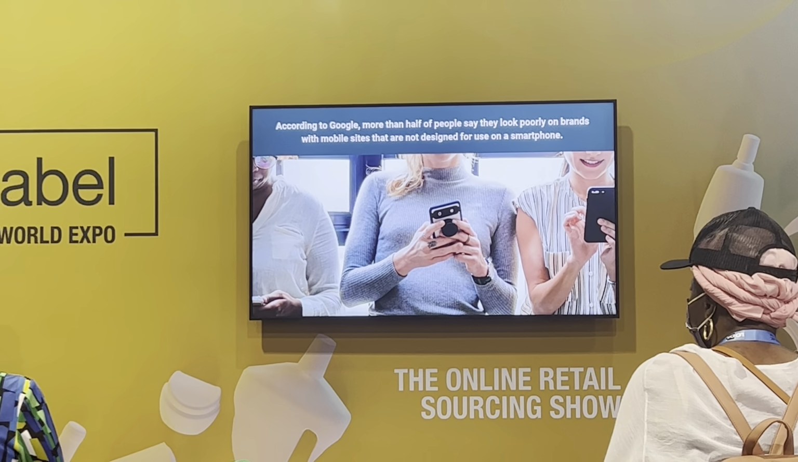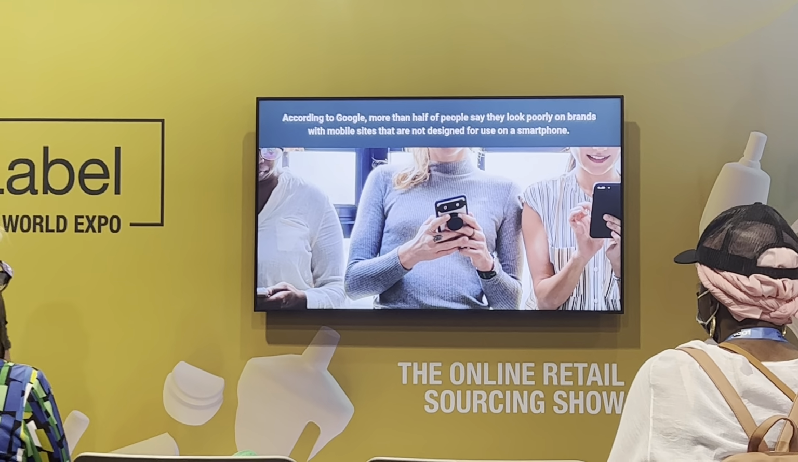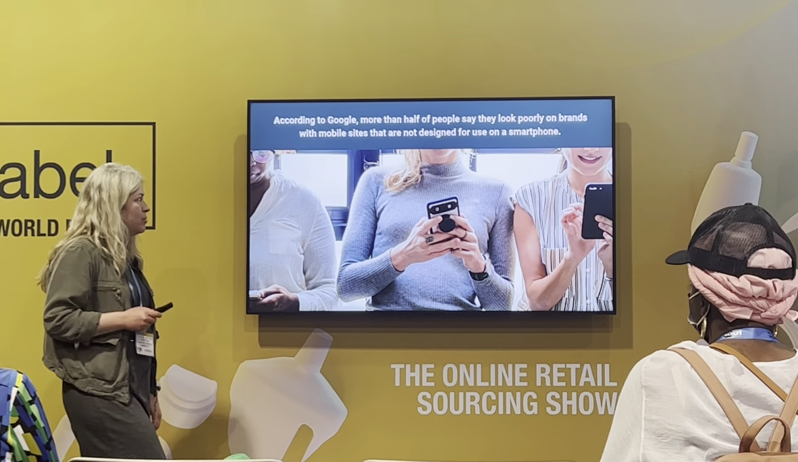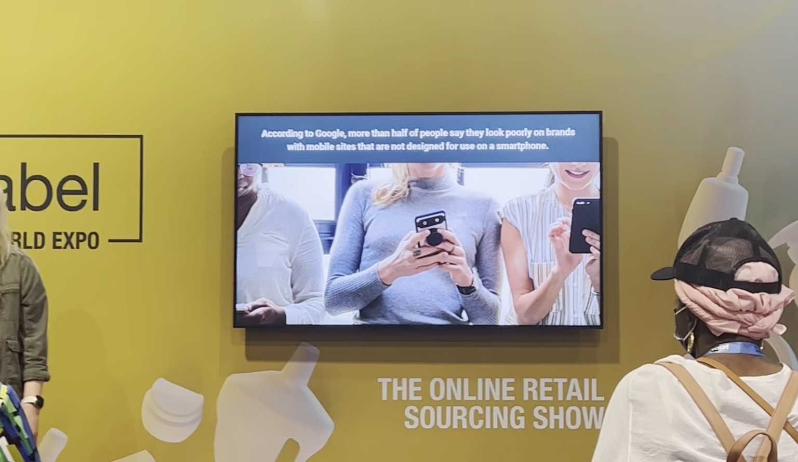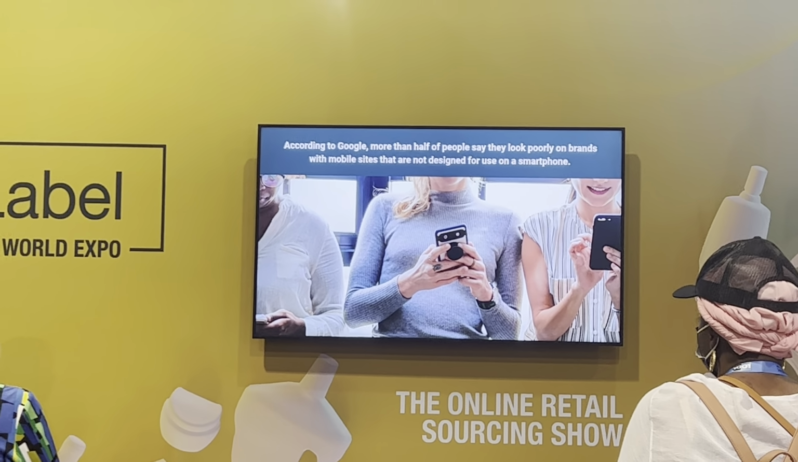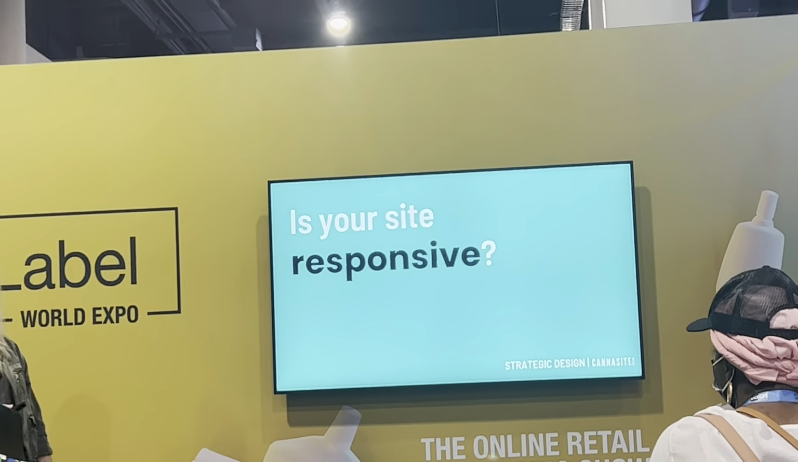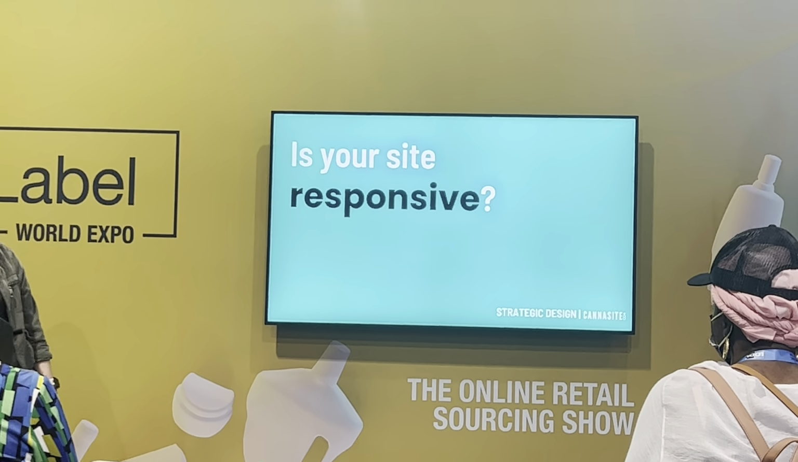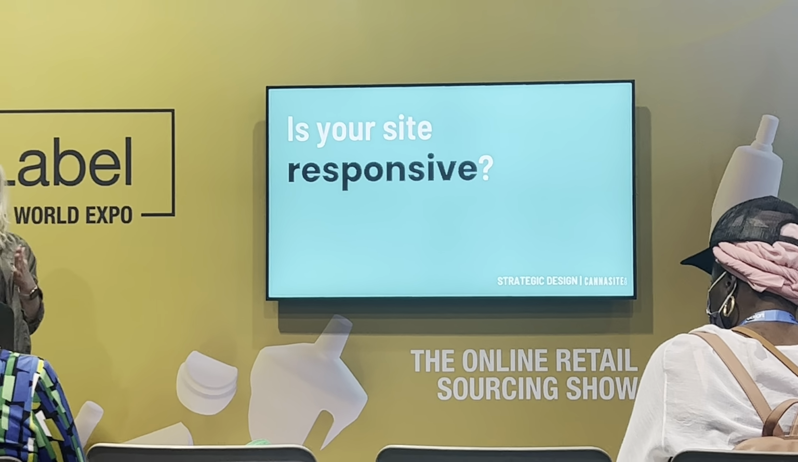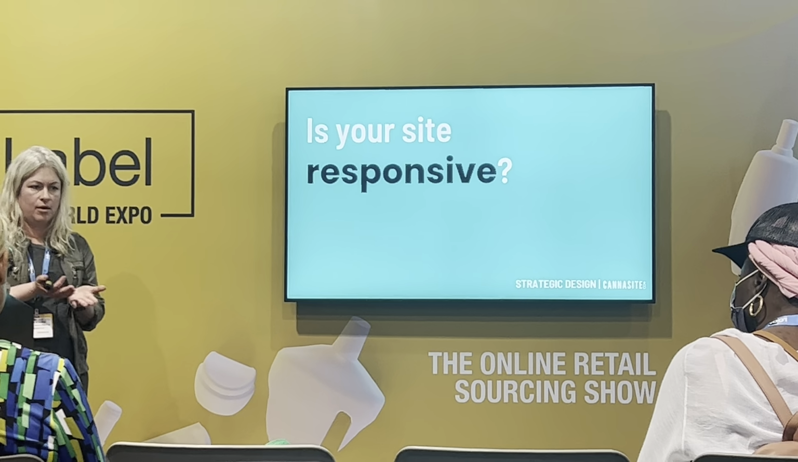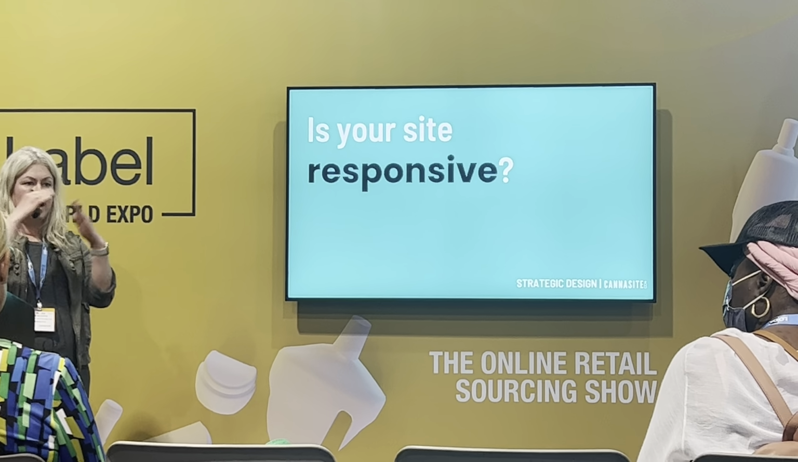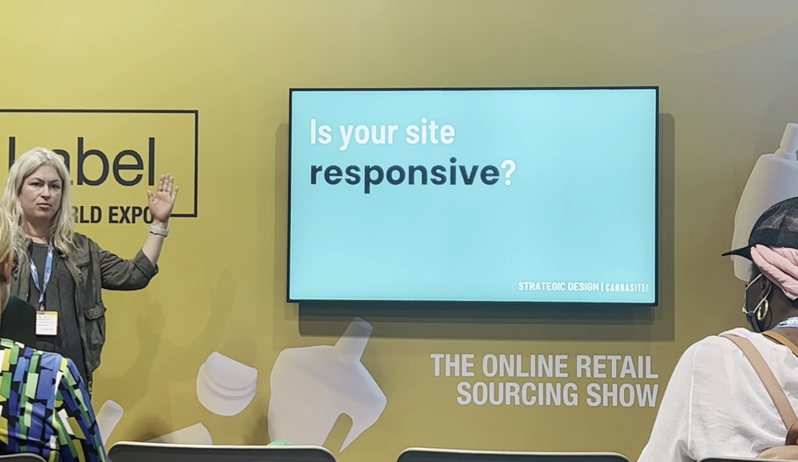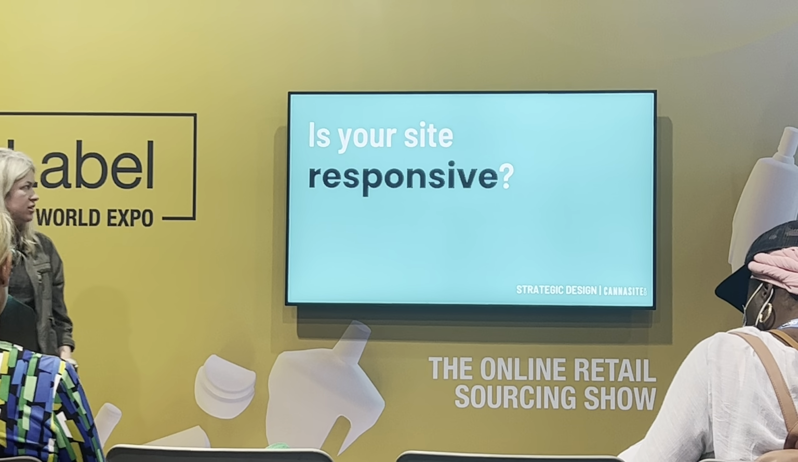Okay, according to Google, more than half of people say that they look poorly on brands with mobile sites that are not designed for use on a smartphone. So if you do not have a mobile-friendly site, it is not good. Is your site responsive? What that means is, does your website respond to the device it's being viewed on, whether it's your phone, in a vertical position, a tablet, a desktop, in a more horizontal position. So,